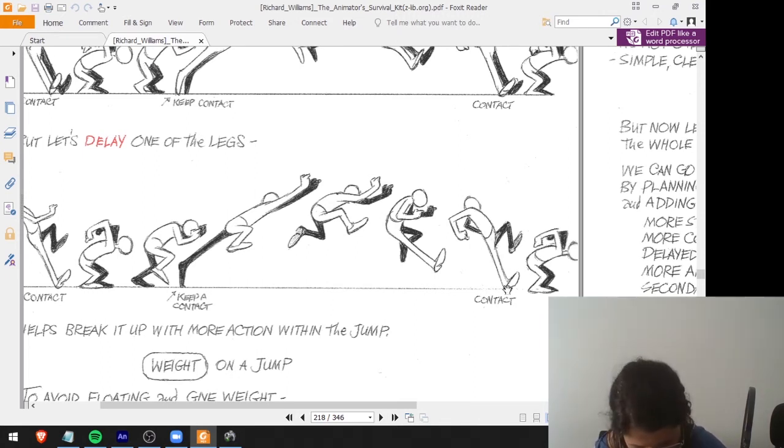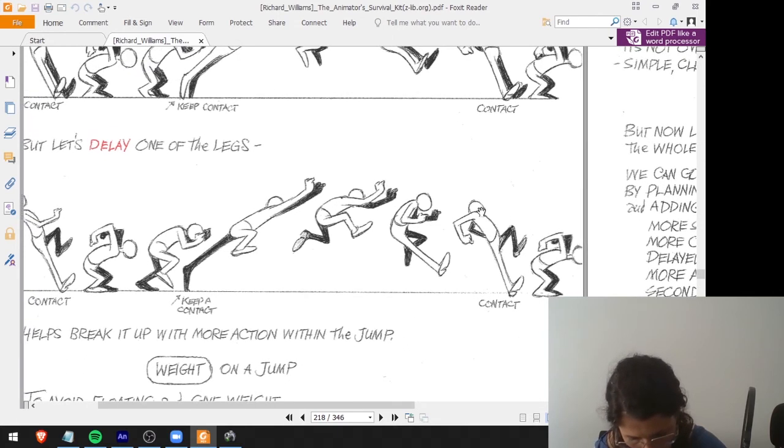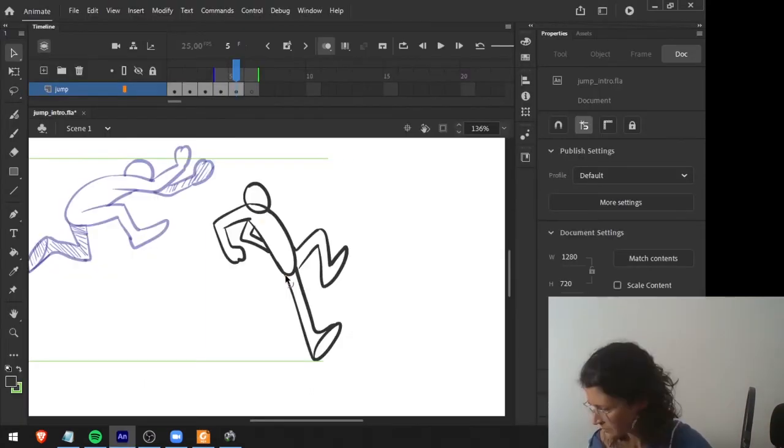So this foot here that is touching the ground, and also the body itself. The head is coming backwards because of the impact that is happening here. So I will first make this one, okay? And then I will make this.